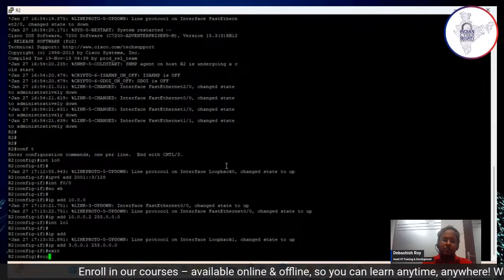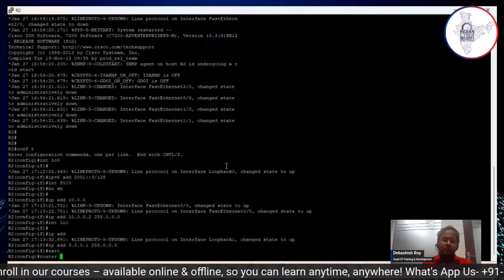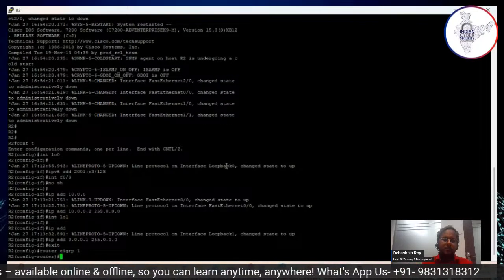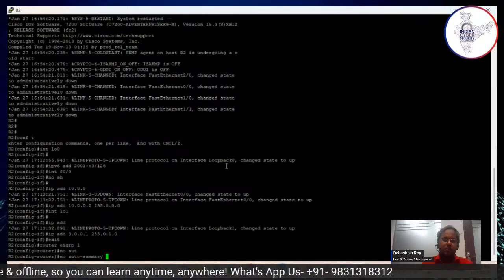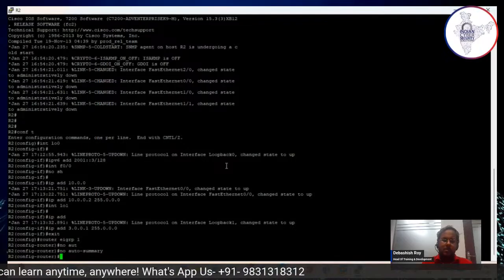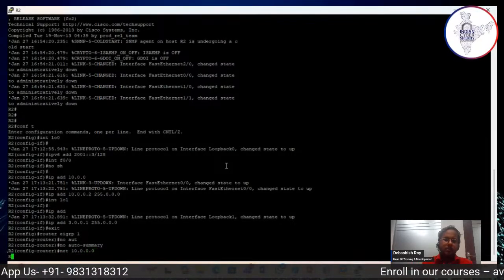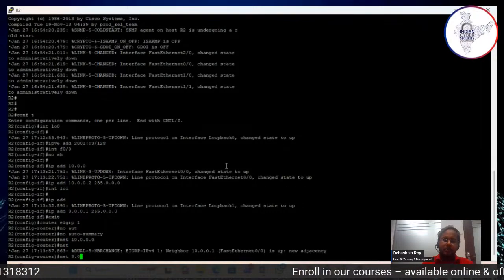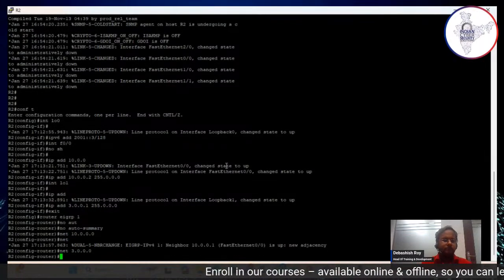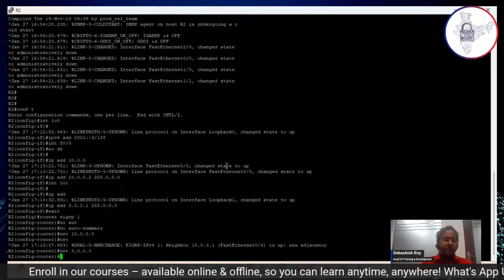and router EIGRP 1, no auto-summary, network 10.0.0.0 and network 3.0.0.0. So that is done. And now